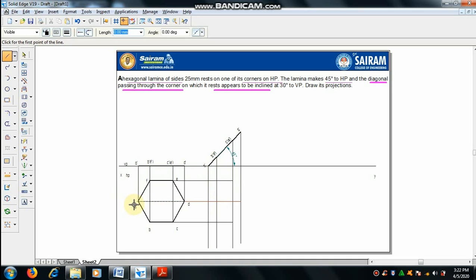Right. Now mention the intersection points. We have to mention where A, B, C come.